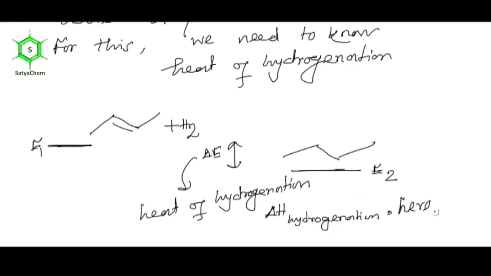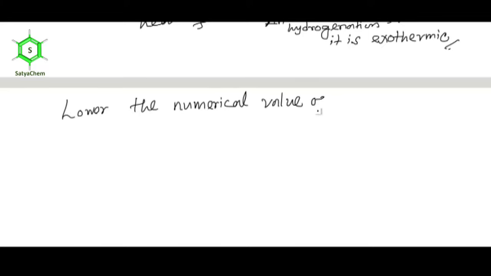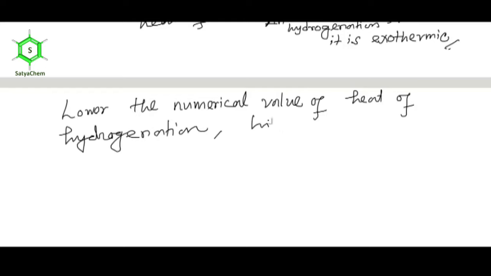Now I will give you a statement. The statement is: the lower the numerical value of heat of hydrogenation, the higher the stability. Why is it so? What is the reason behind this statement? Again I am saying, the lower the numerical value of heat of hydrogenation, the higher the stability. For this,